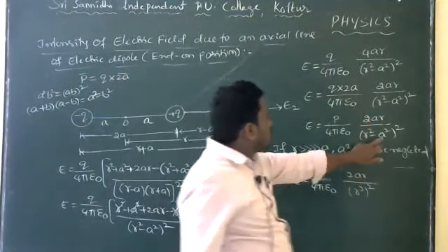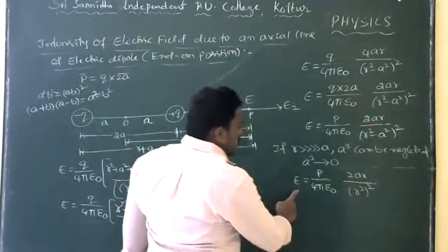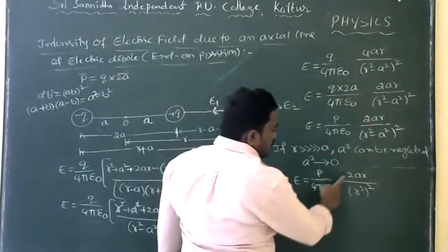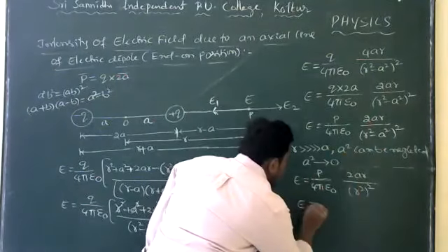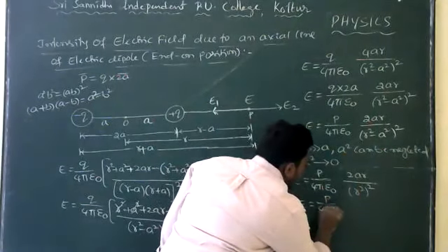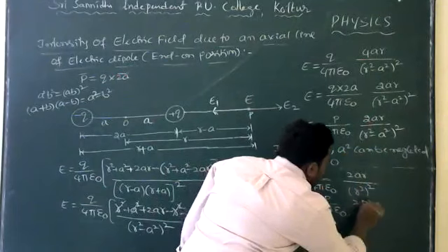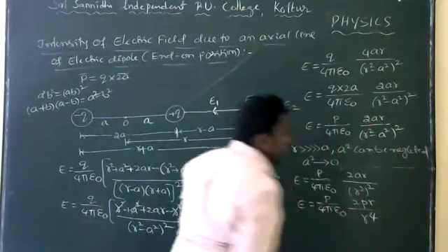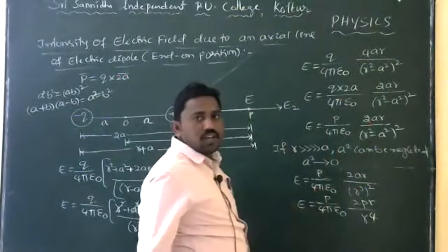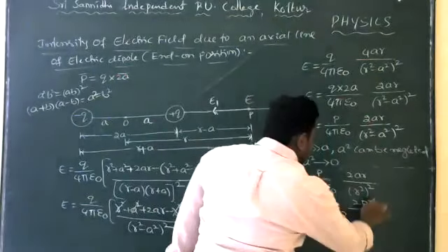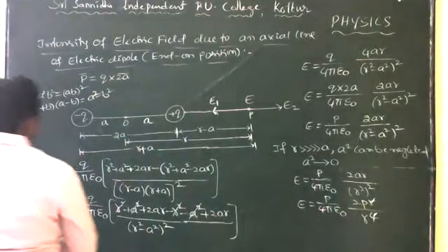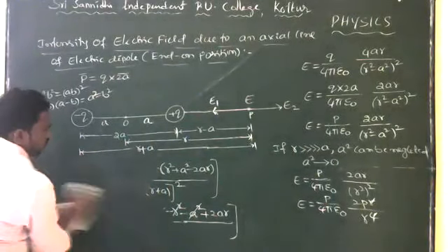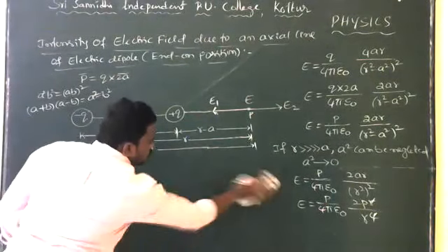Substituting in this equation, E is equal to P by 4 pi epsilon naught times 2AR by (R²) whole squared. Here (R²) whole squared is equal to R to the power of 4, so R gets cancelled. Therefore, for the final resultant of the electric field at point P, E is equal to